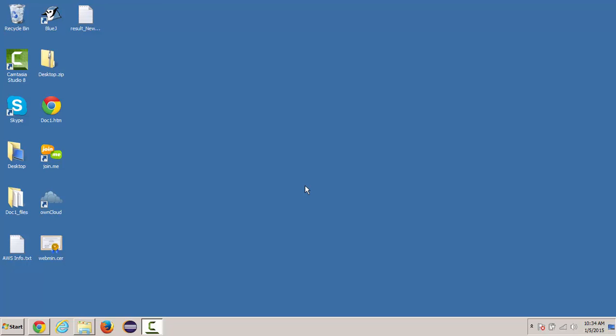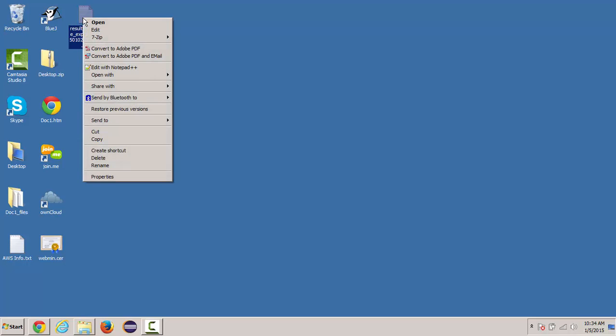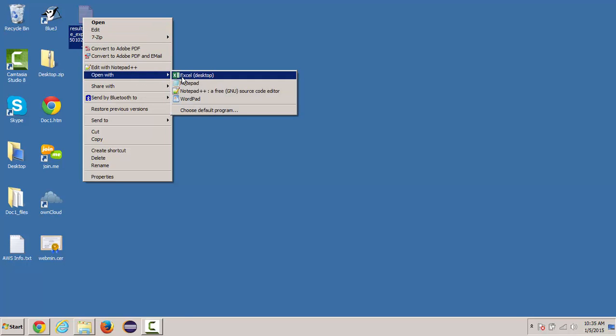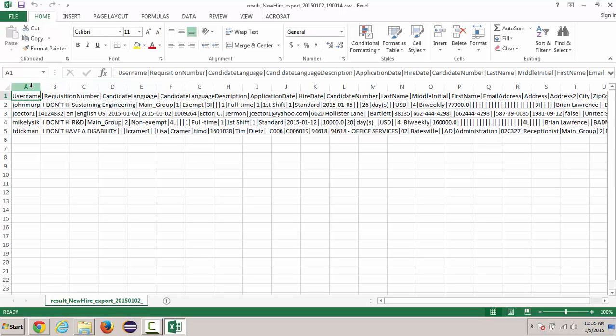Wanted to go over that file that you had sent me and the missing column data. So I've got here on the desktop the file that you sent me this morning. If I go here and I open this with Excel, and I use the same process, of course, we highlight